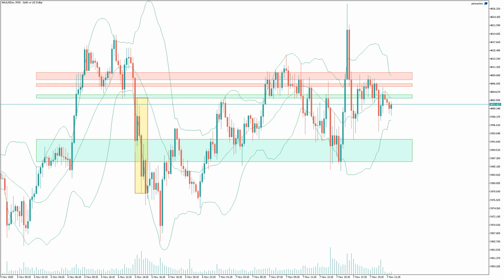The support zone is identified based on a significant price drop followed by a period of consolidation and subsequent upward movement, indicating potential buying interest. Specifically, after a sharp decline from around the 4,003.112 level, the price found initial footing and attempted to recover. The area between 3,992.333 and 3,986.506 represents a region where prices previously experienced a substantial fall, suggesting that this level might act as a floor